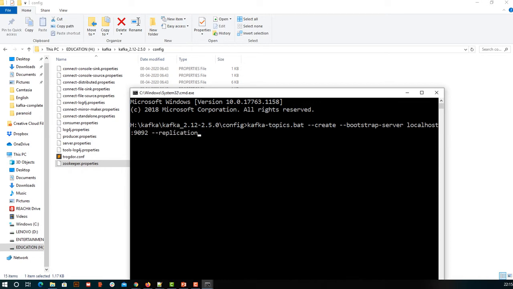Let me take one minute to explain this. When we are creating a topic on one server, and we have one partition for example, whatever we are producing, whatever we are consuming, the request that is stored on the partition, the same thing will be stored on the other server as well.